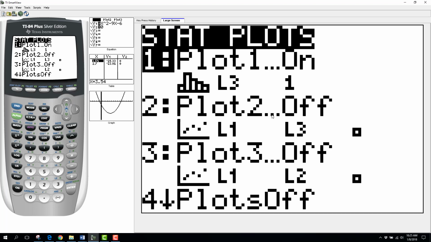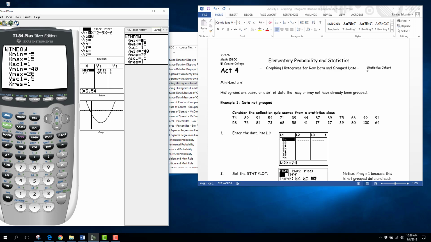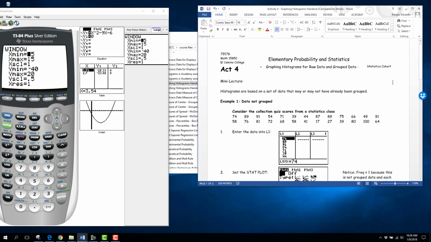Okay? Good. Any questions so far? Okay, so next we want to be able to choose the window. So we'll go over where it says window, and then it gives you some options. For now, let's just copy what the worksheet tells us to do, and then we'll talk about what they mean. So the worksheet, activity 4,